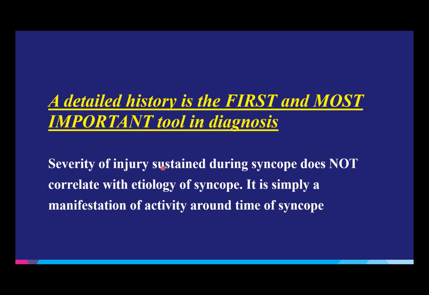Excellent. And I recently had this, maybe Wanju, you had this case with me. She was in room 61 on the 10th floor, and the cardiologist was super worried that she'd had a cardiac syncope, a cardiac underlying etiology, because she had fallen so hard that she had fractured her orbital base. He kept saying to me, well, this is cardiac because she fell so hard. And I was like, I don't know if that's true. I don't know if it's a statement you can make, because most of the data says that severity of injury sustained has nothing to do with the underlying etiology, right?